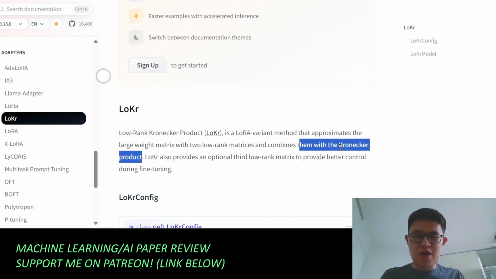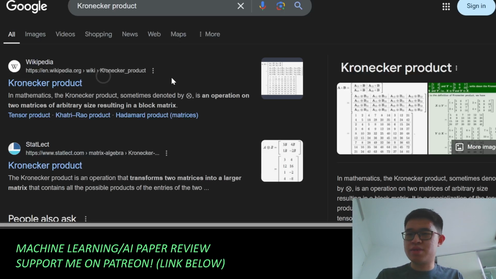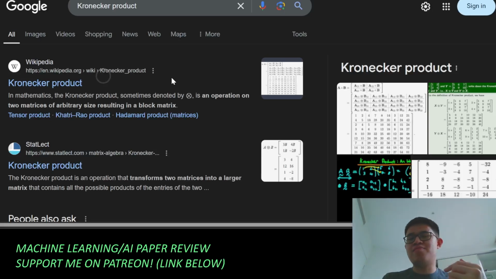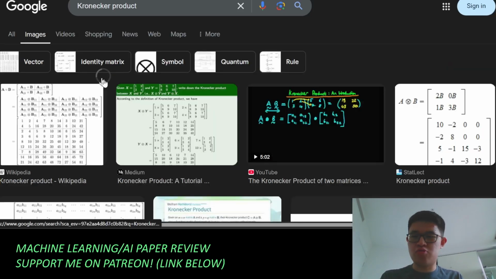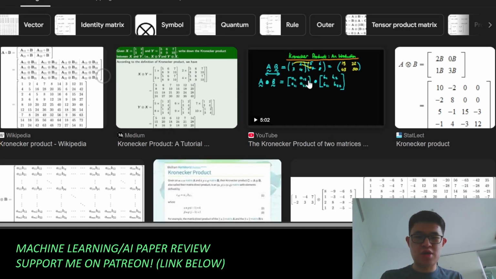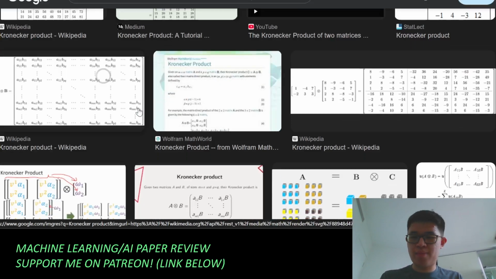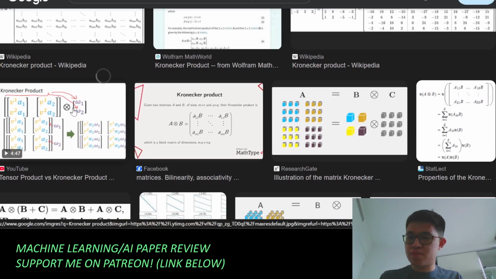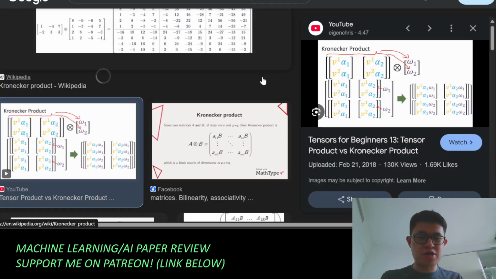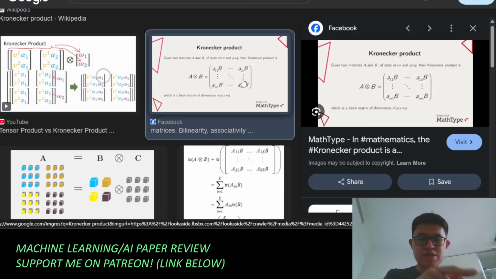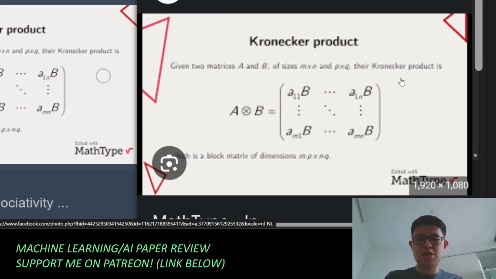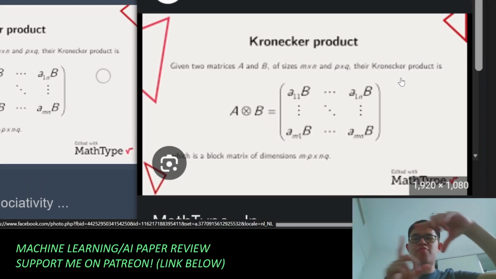And for those of you who do not know what Kronecker is, let's look it up. It's basically this symbol right here. What you do is quite simple. Let me find an example. Yeah, this is a good one. So basically, if you have two different matrices,